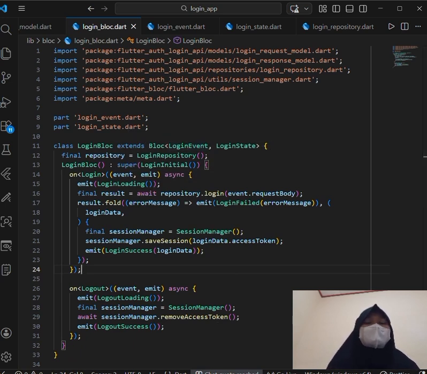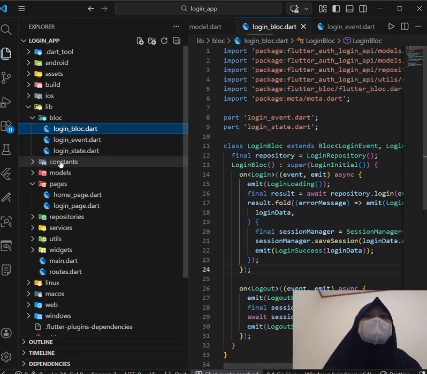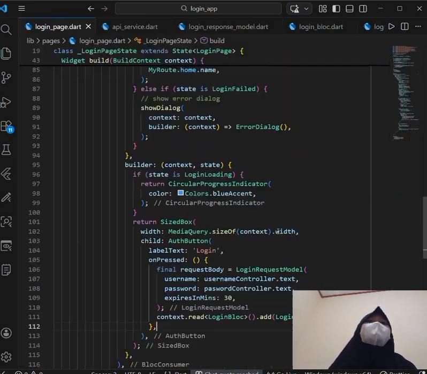And next is token key. There is also token key. This is used in session management.